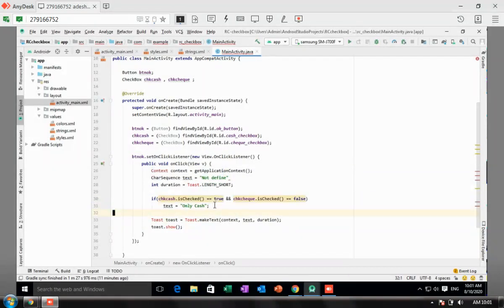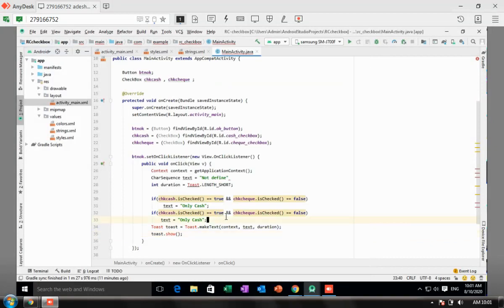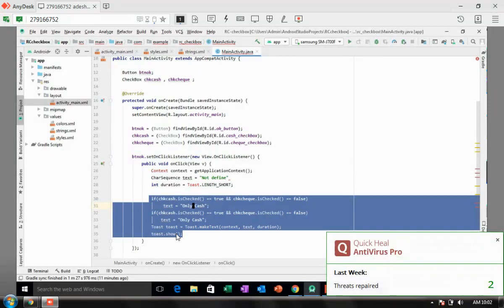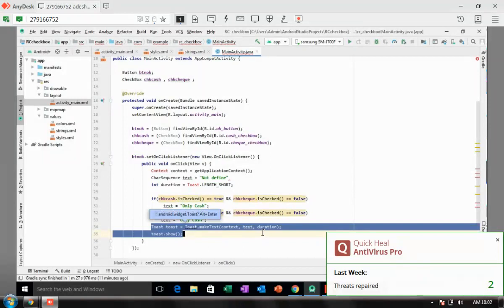Second combination. Copy and just replace, paste.